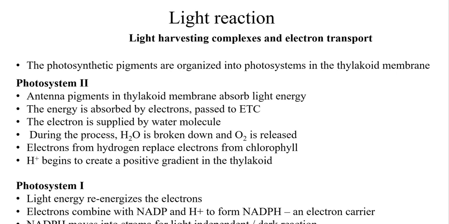The reason why I mentioned photosystem 2 first is because during light reaction the photosystem 2 comes first and then photosystem 1. The photosystem 2 comprises the antenna pigments, and these absorb light energy, and this energy is transferred through an electron transport chain, that is ETC, and then finally oxygen is released. Then photosystem 1 is also there. Photosystem 1 is for the final part of the electron transport chain, where the NADPH